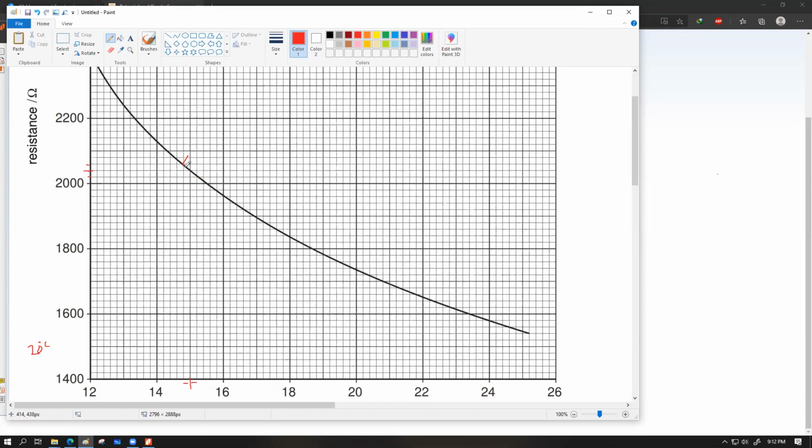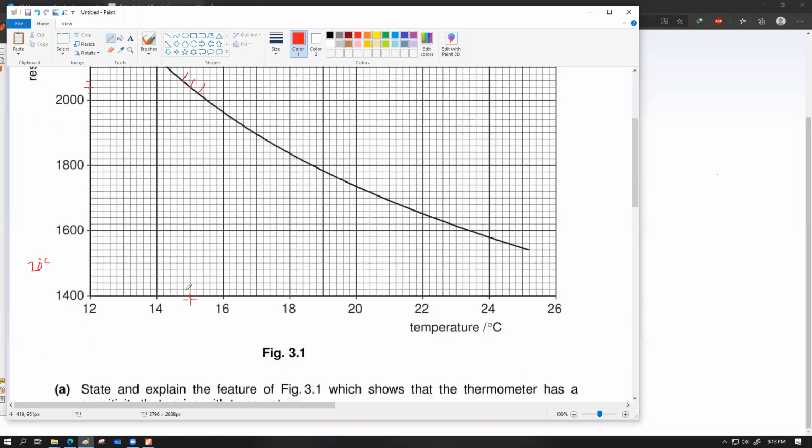You can see over here. So this is my actual temperature measurement point. This is the upper limit. This is the lower limit. So I just dropped all of these coordinates down. This is going to be my actual temperature reading, which is exactly 15 degrees Celsius, and it's going to be one division left or right.